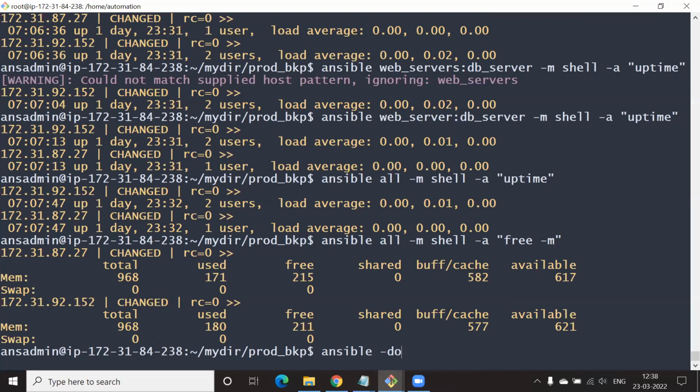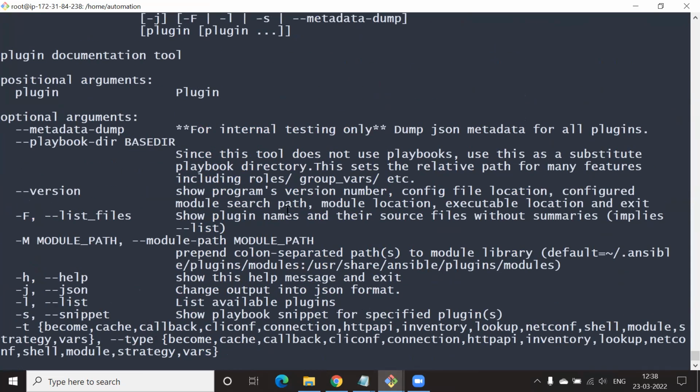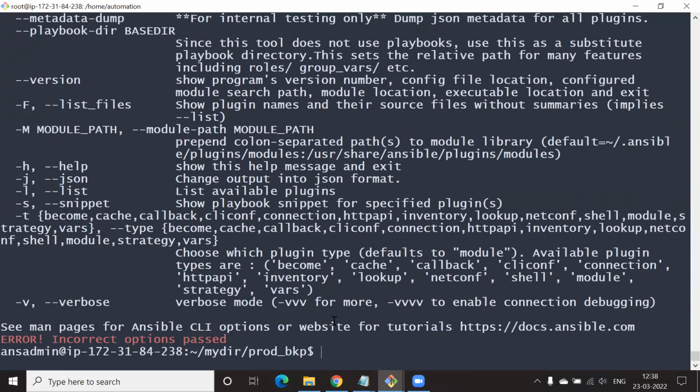Ansible-doc, one word, buddy. Ansible-doc, D-O-C. Enter. So bring up the command and add -l. ansible-doc -l.